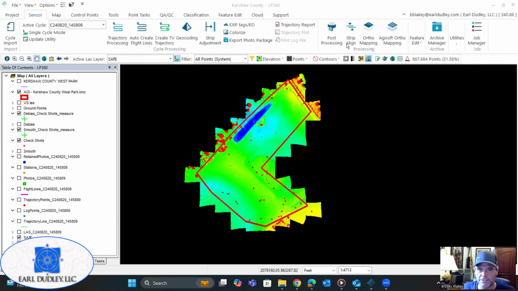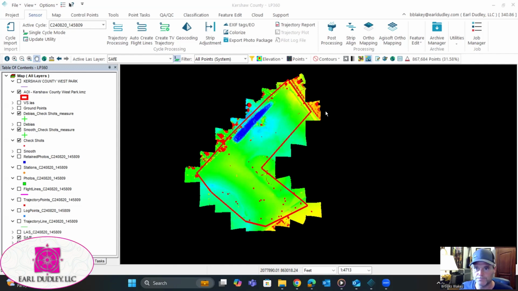I'm going to go over each of the options. There's a couple of options inside the standard ortho mapping option, and then the workflow for using the Agisoft add-on. We'll go over the Agisoft add-on first, and then the two options in the ortho mapping standard